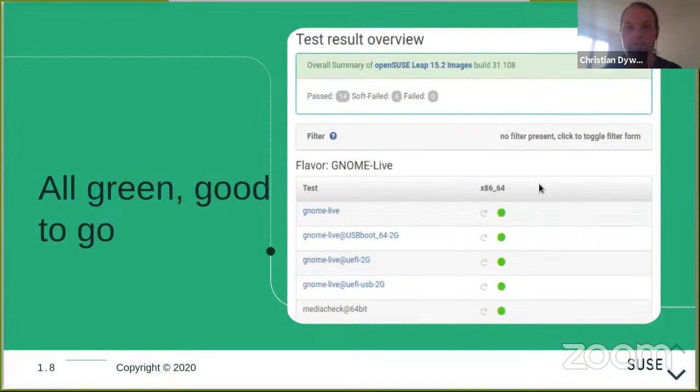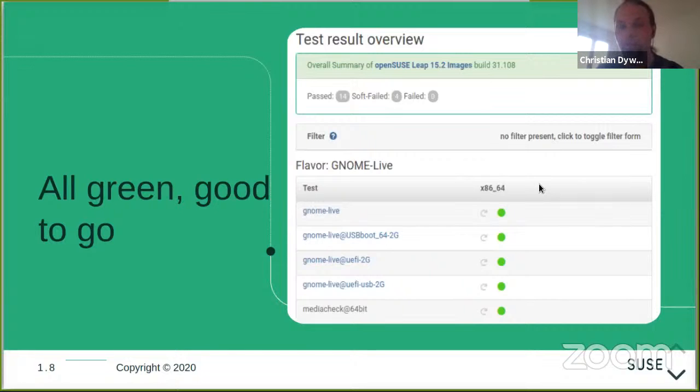So let's look at one of the test results. This is the summary as exposed by the web UI. There's an example of a test in the perhaps ideal case, perhaps less common case even, which is the tests work as they should. Everything is great. So you can see this is an openSUSE Leap 15.2 image. You can even see the build number in there.